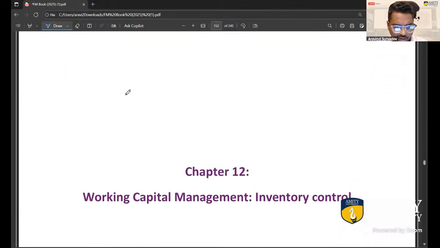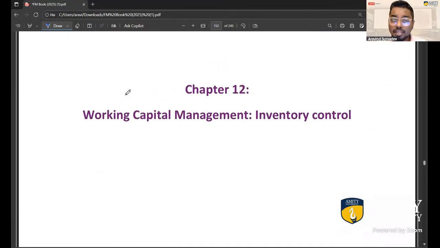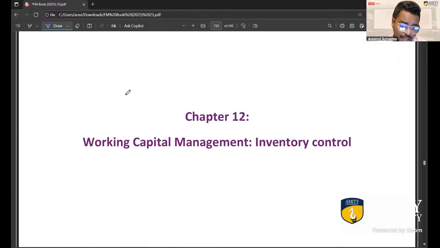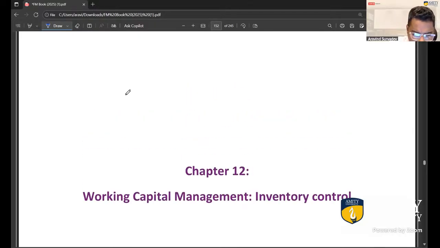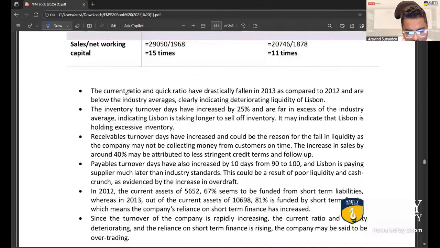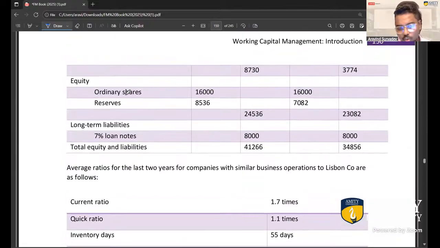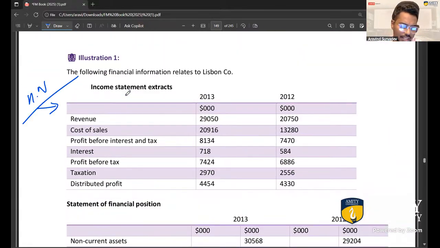Now, moving on from there, up next we have Chapter 12, Working Capital Management, Inventory Control. In that case, actually, scratch that, guys. Let's not start on a new lesson today, because my plan was to finish this chapter. So I would like you to try this question, but at the same time, we will try this question here also.